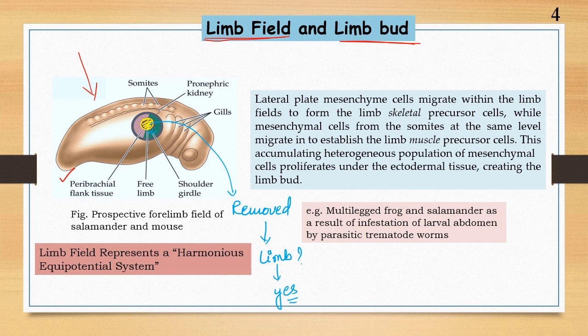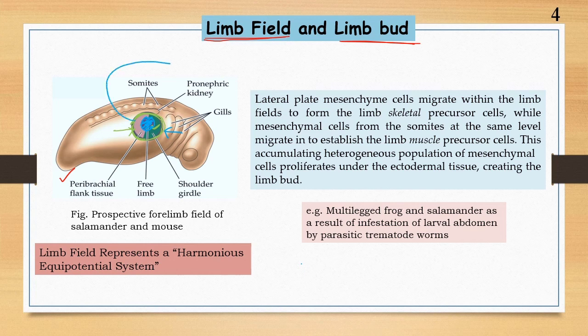Now the next question was, what are the factors that lead to formation of a normal limb even in the absence of that central cellular region? In various experiments it was found that this outer circular region was leading to limb development in the absence of the central cellular region. So what happens is that in normal conditions, when the central cellular region is present, this outer circular region does not participate in limb formation, but in the absence of the central cellular region, this particular ring can lead to formation of a limb.